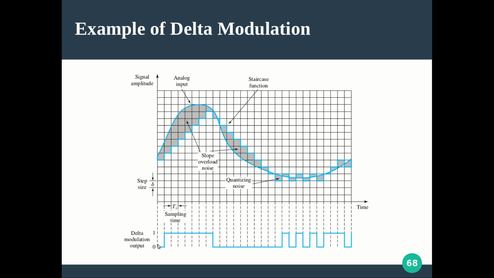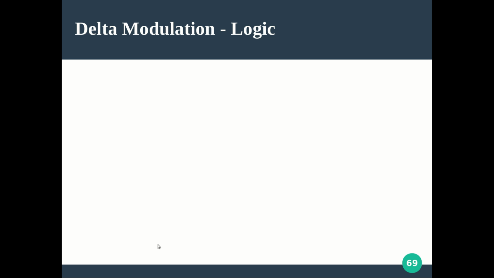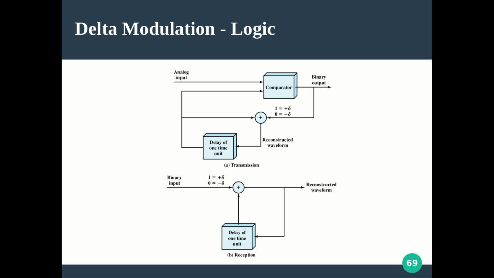Now I will explain these things in the upcoming slides using some sentences. This figure again represents how the binary input is generated and how the staircase function is generated. We are using a feedback mechanism. The original analog signal is fed, and also the previous staircase function value is taken. We compare the previous staircase function amplitude with the analog input amplitude, and if the analog input amplitude is higher than the staircase function amplitude, a 1 will be generated, or the staircase function will be given an up movement.